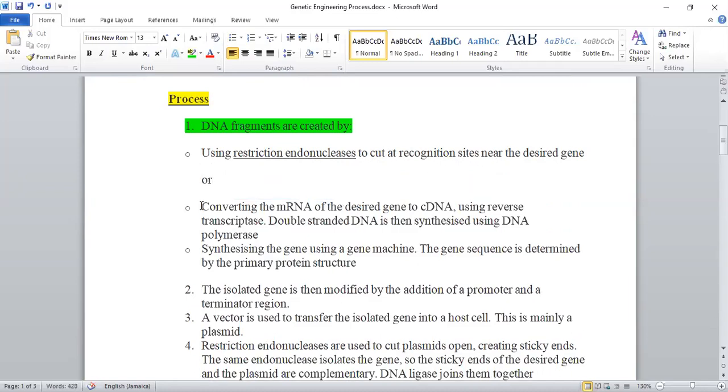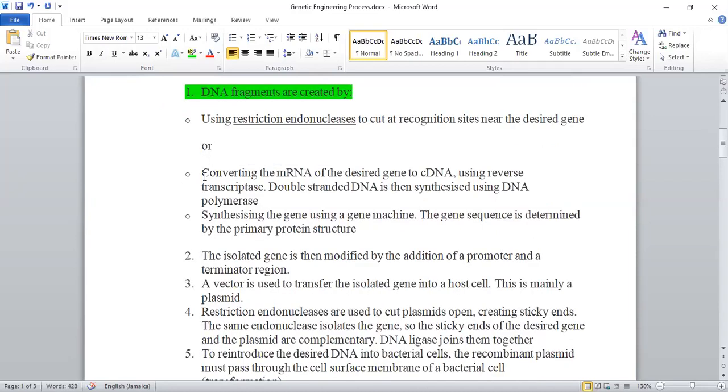So the scientists have become very smart. Now, if you can't actually cut out the gene that you want, what they have discovered is that if you found the mRNA of the gene that you desire, then you can create the complementary DNA from that. So this represents complementary DNA. Let me write it out so that you know. They're saying that if you can't get through to cut out the gene that you want, and all you have is the mRNA of the gene of interest, that can work as well.